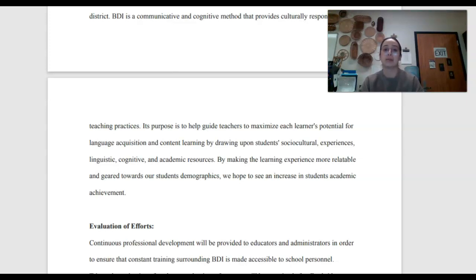By making the learning experience more relatable and geared towards our students' demographics, we hope to see an increase in students' academic achievement.